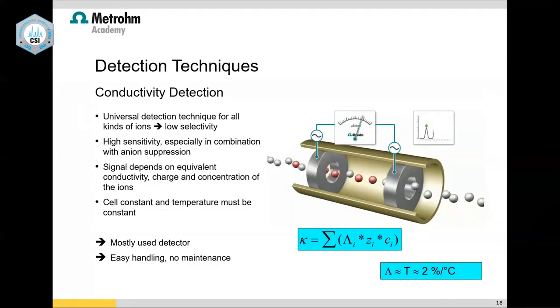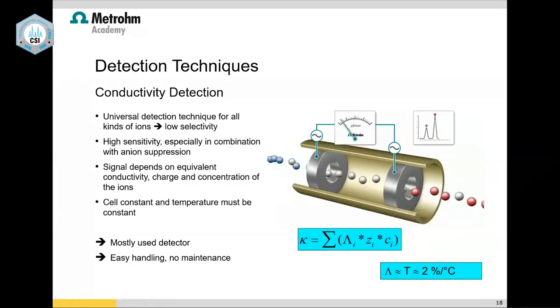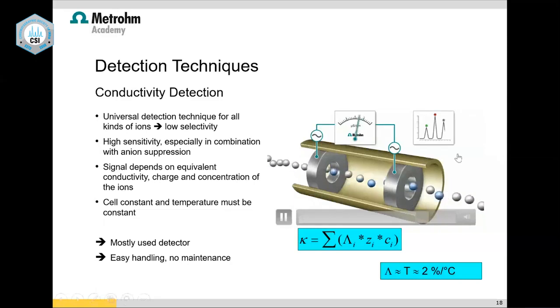So the conductivity detector is also called a universal detector because all ions will have conductivity. That's the idea. What we measure here is, we have two electrodes. This is basically a flow cell, and you cannot imagine the flow cell volume is less than 1 microliter. To be precise, it is around 0.8. In this, we have two electrodes across which we apply a voltage. So V is known. And when the ion comes in, there is a turbulence, and because of it, it starts conducting current.